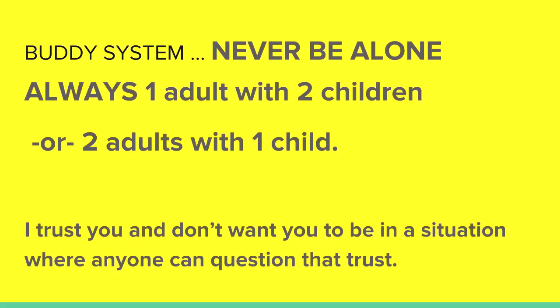That said, as we work with students, and it's in fluorescent yellow because I really want you to pay attention, I need to make it very clear that this is a program where we are working with children. These are not just small adults. And so it's important that we practice best practices when we are working with students. And the best practice is to make sure that you as an adult are never alone with one child. We practice in the Math Circle the buddy system, which means there is always one adult with two children, or at least two adults with one child. So again, one adult with at least two children, or at least two adults with one child.